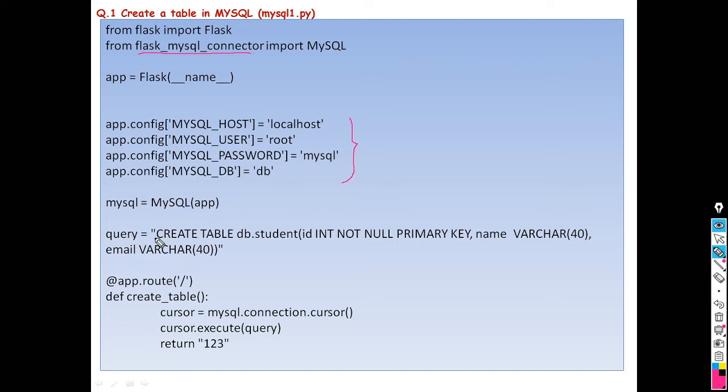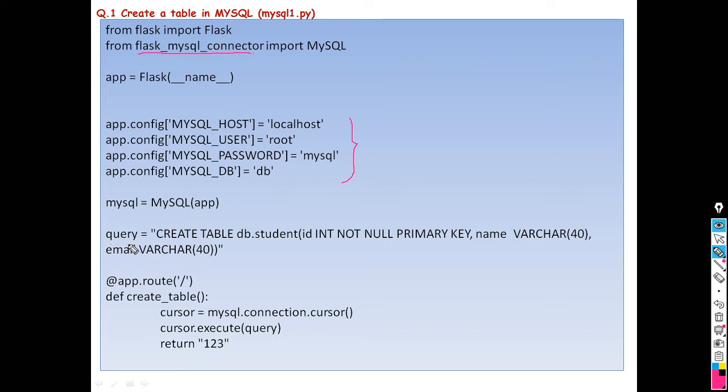Then mysql = MySQL(app). So what query do we want to execute here? Create table. Right here query is equal to, so you can write the query here or within the function, anywhere in the script. Here I have written it outside the function, before the function.